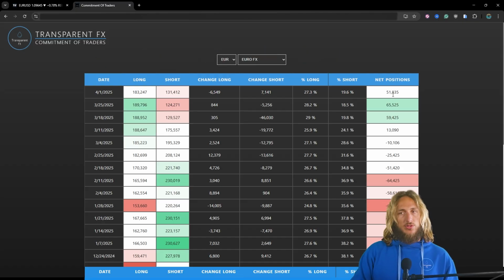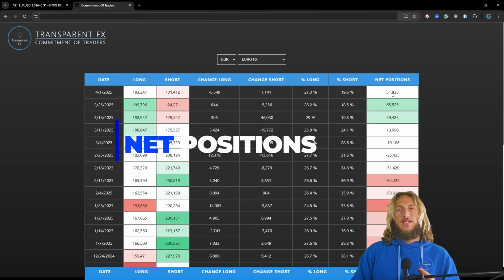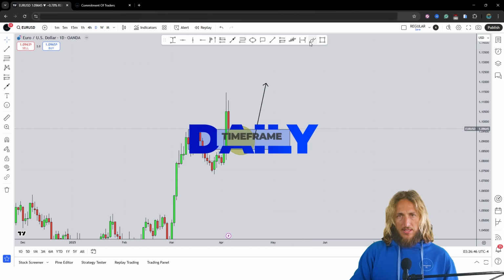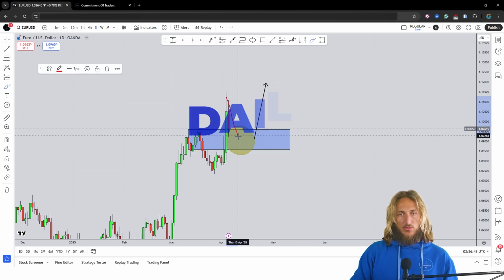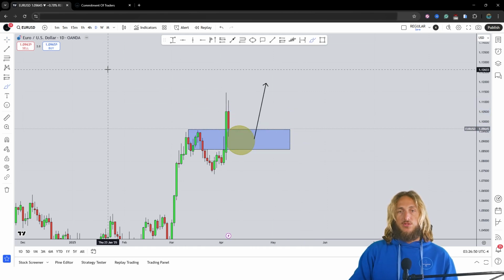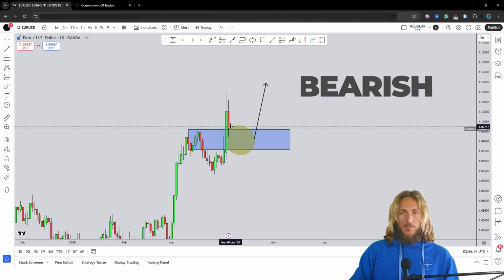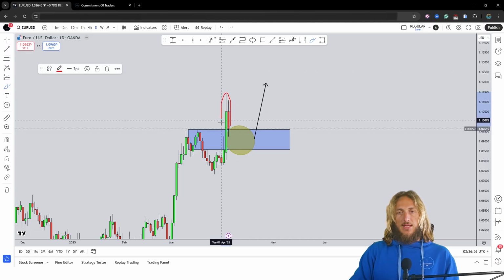Well, in the very short term, we actually see net positions getting decreased. We went from 65.5k to 51.8k net positions, with 7,000 shorts added with the last report and 6,000 longs getting closed. So it's no surprise that after the market rejected to the upside, immediately we're starting to see this rejection to the downside. However, it is also important to keep in mind that we don't have the data for this